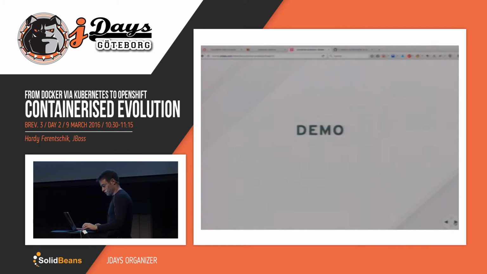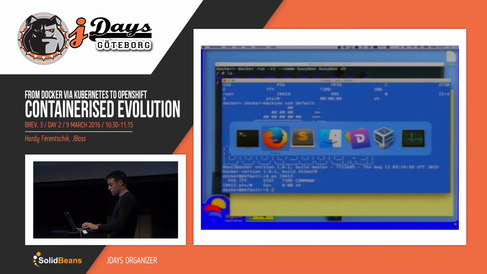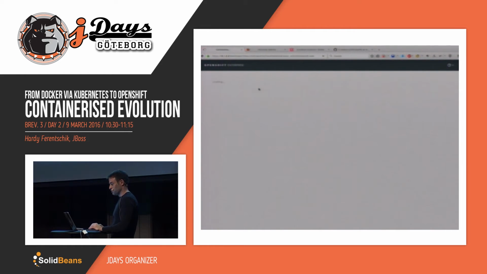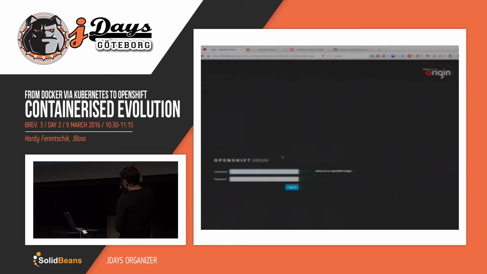Okay, so that was a lot. I think things will become easier if we look a little bit at OpenShift. I log out just to give you the login experience. So that's OpenShift Origin, which is the open source version, so you can just go and get it. It's on GitHub. Then Red Hat takes OpenShift Origin and makes it commercial, rebrands it as OpenShift Enterprise, which is still all open source, and then sells support for OpenShift Enterprise, whereas you don't get support for OpenShift Origin.